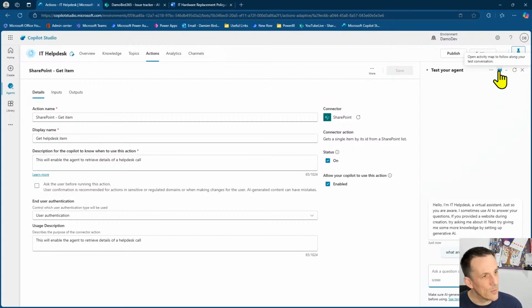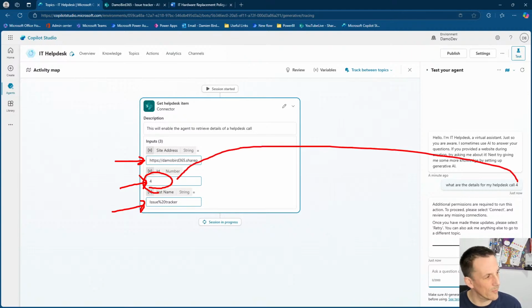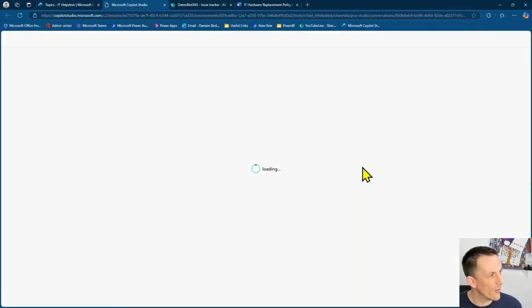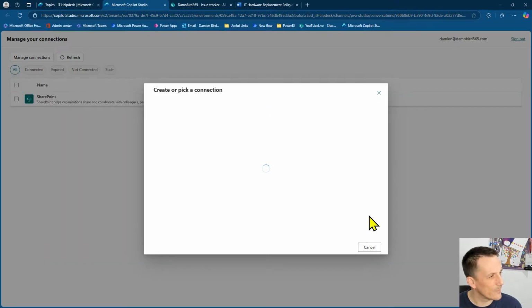got the activity map, we can see it's dynamically chosen to get the helpdesk item. And interestingly, actually, we can see that it's put the number 4 into the ID. So the website address was fixed, the list name was fixed, but this ID has been pulled out of the conversation and identified by the language model. Now, it's failed, but that's probably because it's the first time I've run this and I don't have an active connection. So if I just fix that,